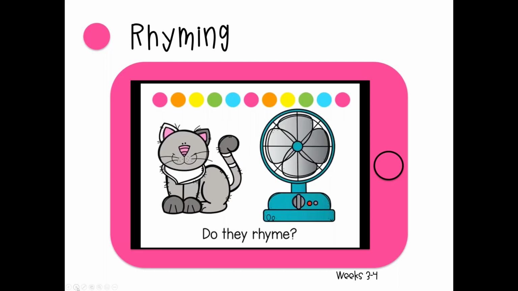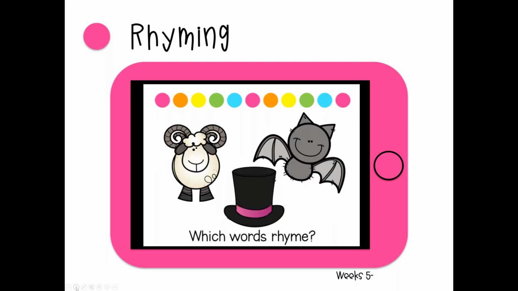Okay, here's another one. Cat, fan. And the students would say cat, fan. And of course they don't rhyme, so they would give me a thumbs down. So you want to have some sets of words that do rhyme and some sets of words that don't rhyme as well. All right, once they've mastered working with 2 words, you want to move along